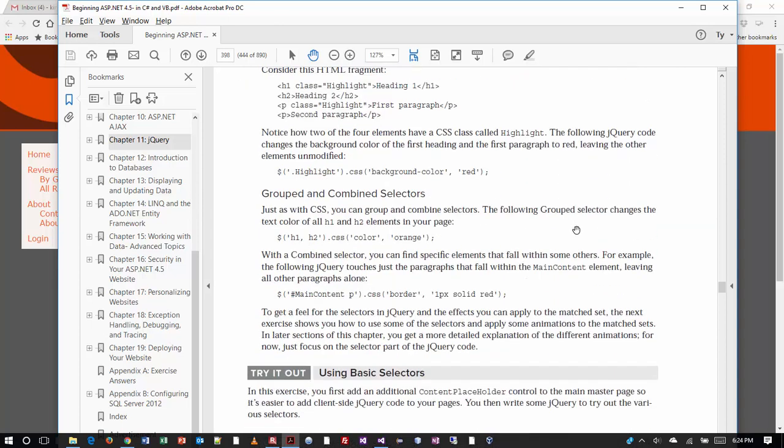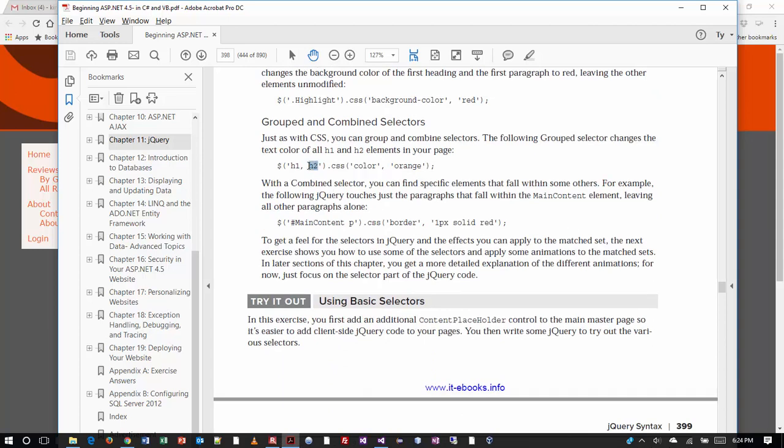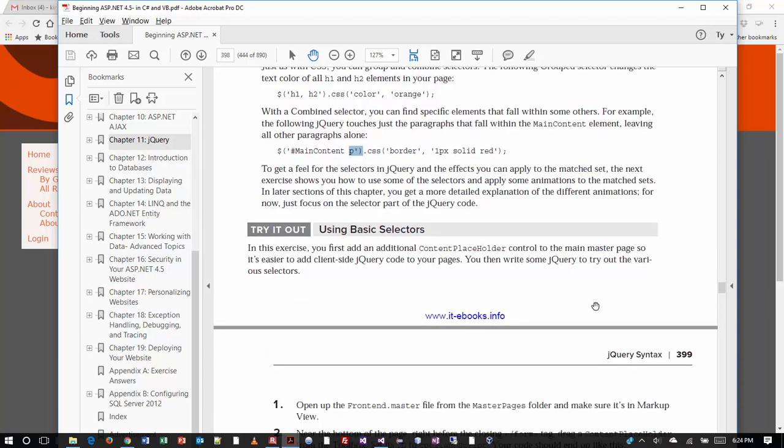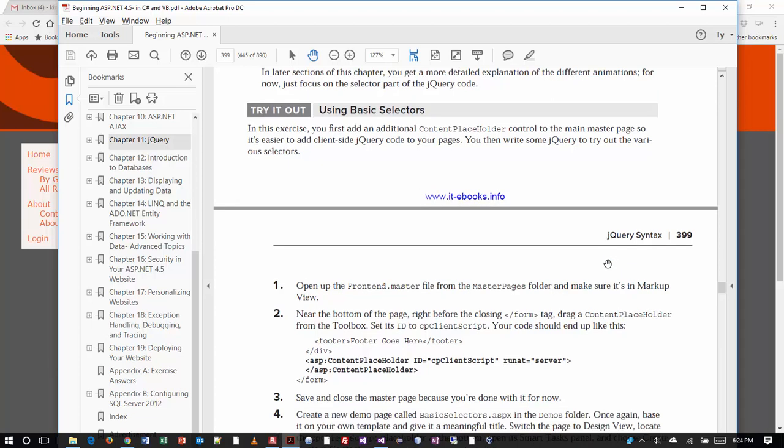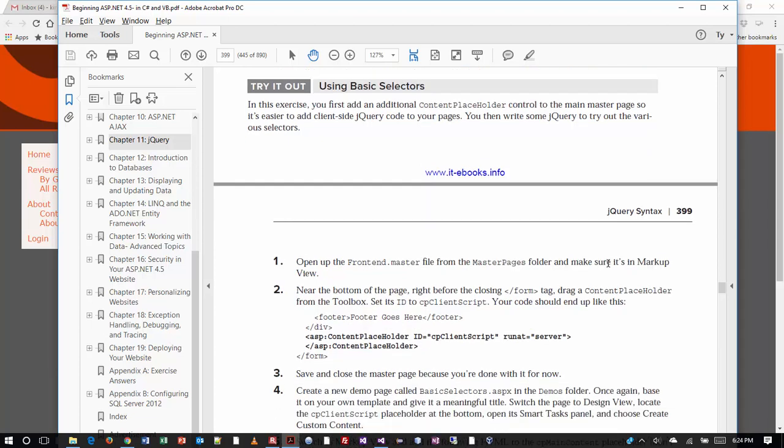All right, so the class selectors. Yes, you can do multiple selectors. And as I was alluding to before, you can use all the weird, complicated CSS syntax you can think of inside those double quotes. It will work. All right, so the next exercise we're going to work on here is working with basic selectors, but we